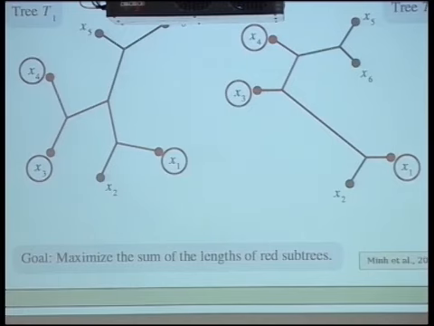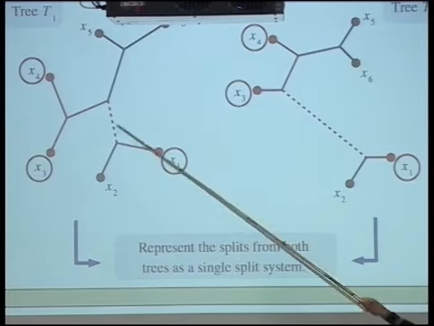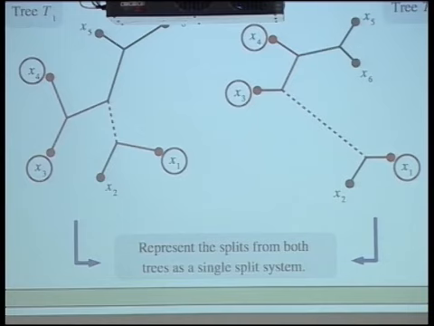And then of course you could try to find a subset, say a three-element subset, such that the sum of the red tree lengths is as big as possible. And this too can be phrased in terms of split systems. You just take all the splits from all the trees and put them into one big split system. And the only thing you need to be aware of is that there could be splits which appear in more than one of these trees. And in this case you just have this split once in your split system,